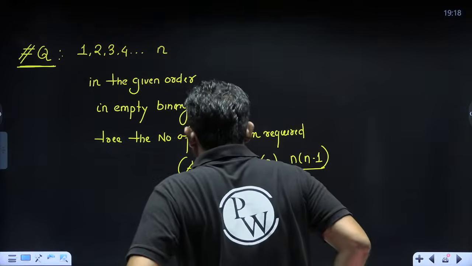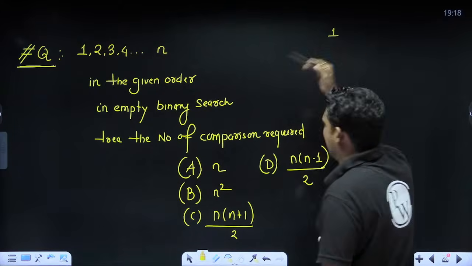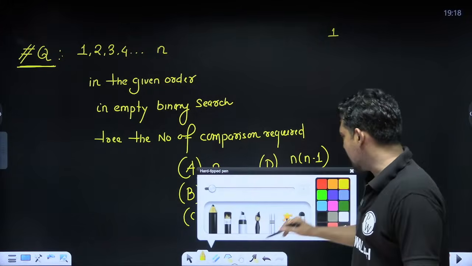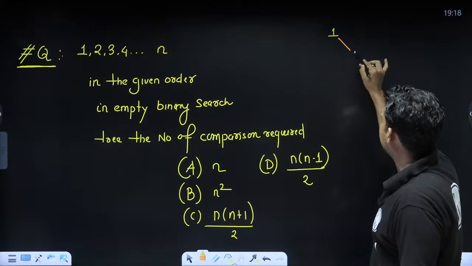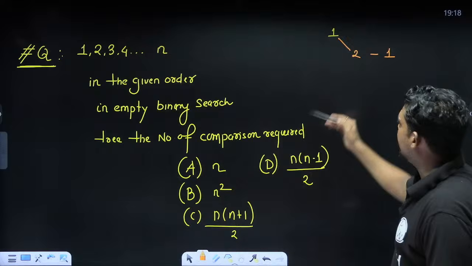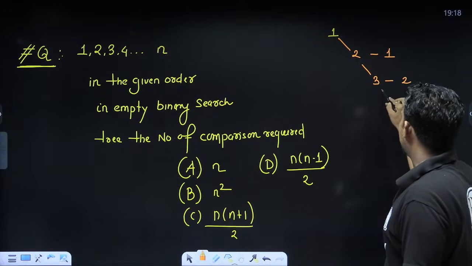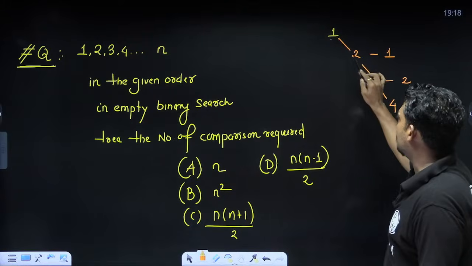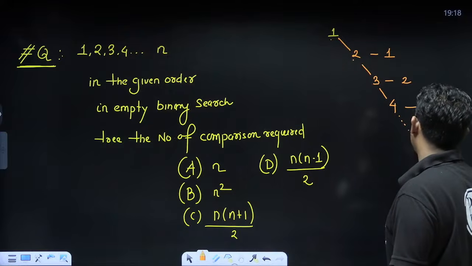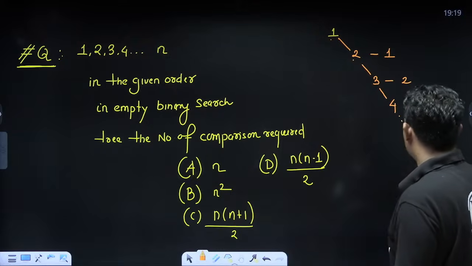So let's start. The first element, 1, no comparison, as we are making this convention that the first element has no comparison. Then the second element will have 1 comparison, 2 is greater. When 3 comes, it will be inserted here and it will have 2 comparisons. When 4 comes, it will compare with 1, 2, 3 and then 4, so it will require 3 comparisons. And similarly when n comes, you can see there is 1 lesser comparison,